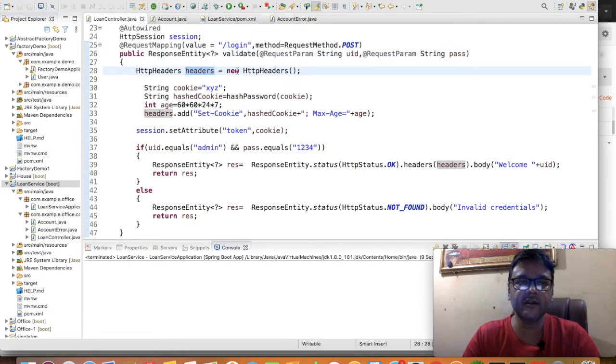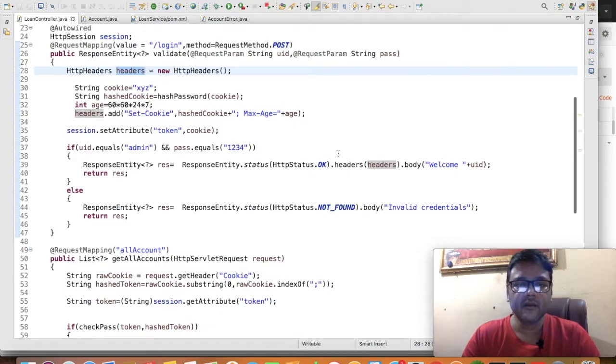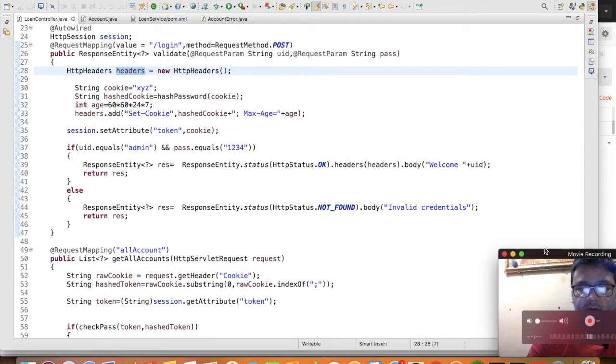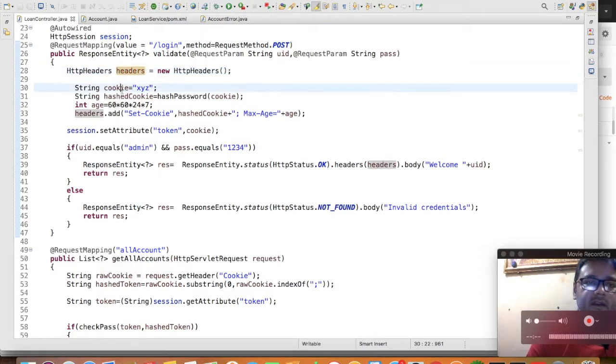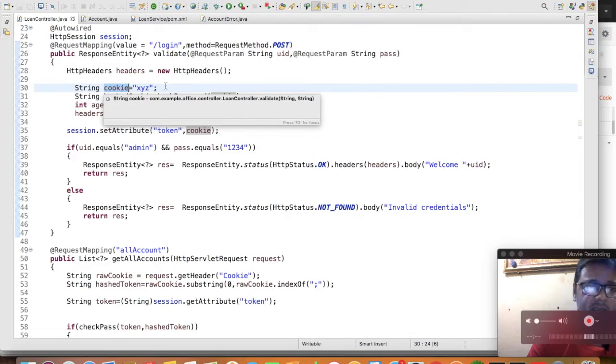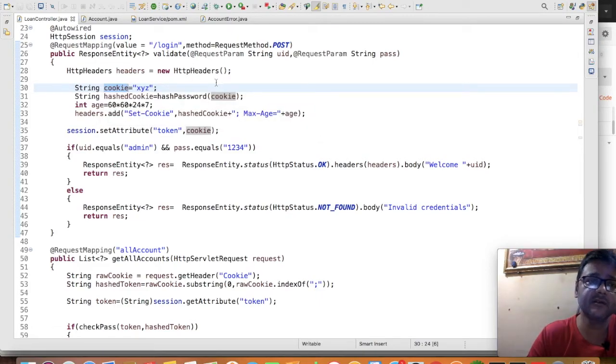So this header is the new introduction in this example, and here I have declared a string named cookie, and I have given the value XYZ to it.